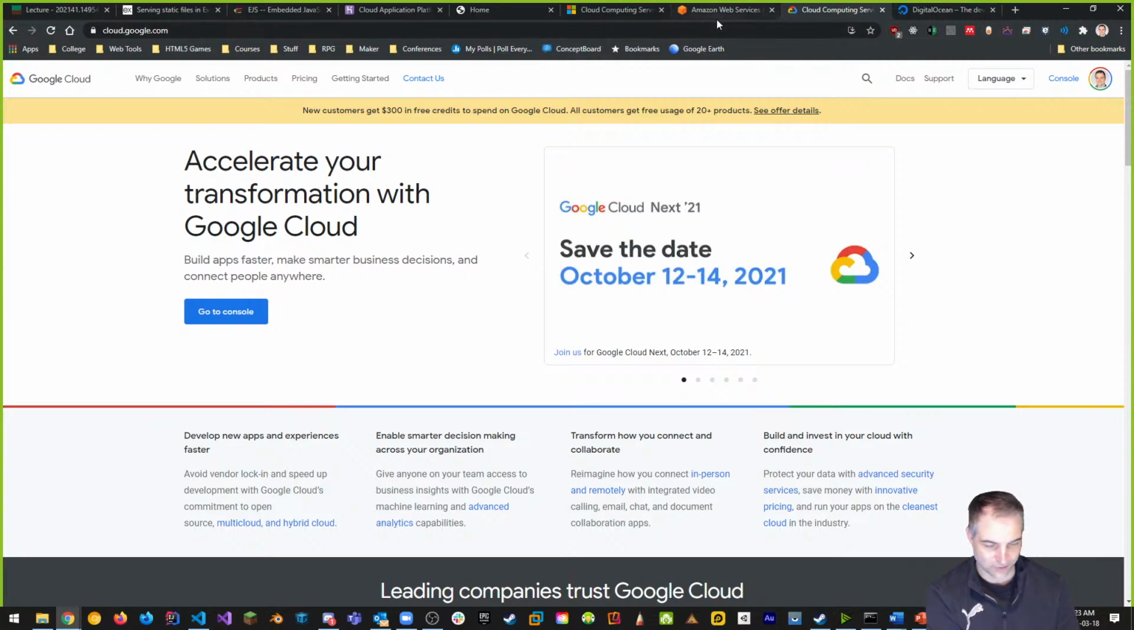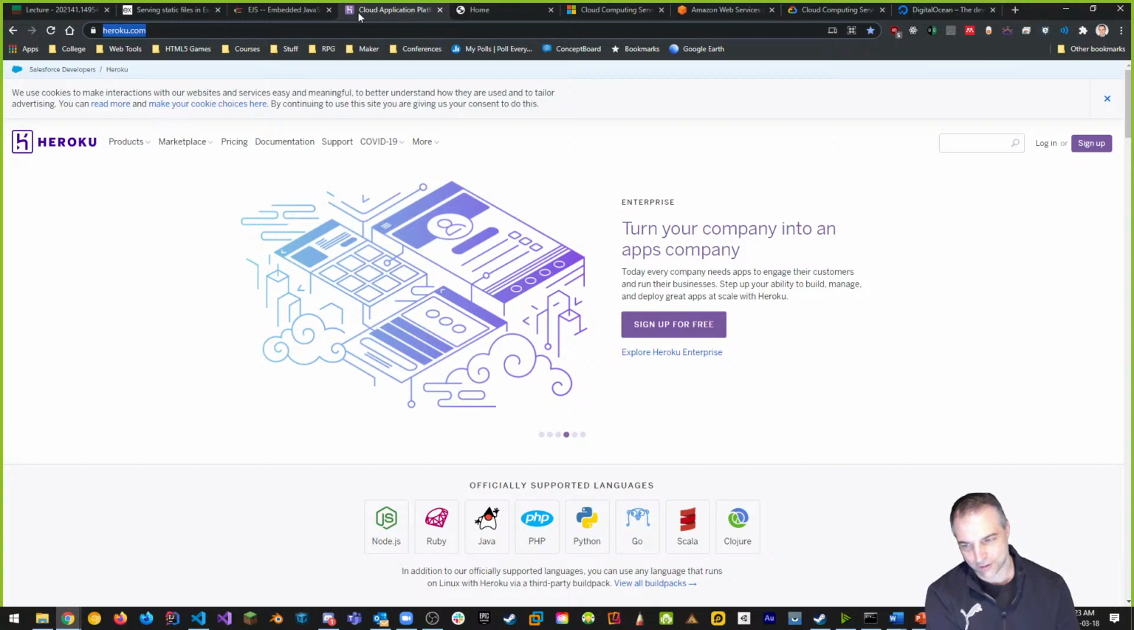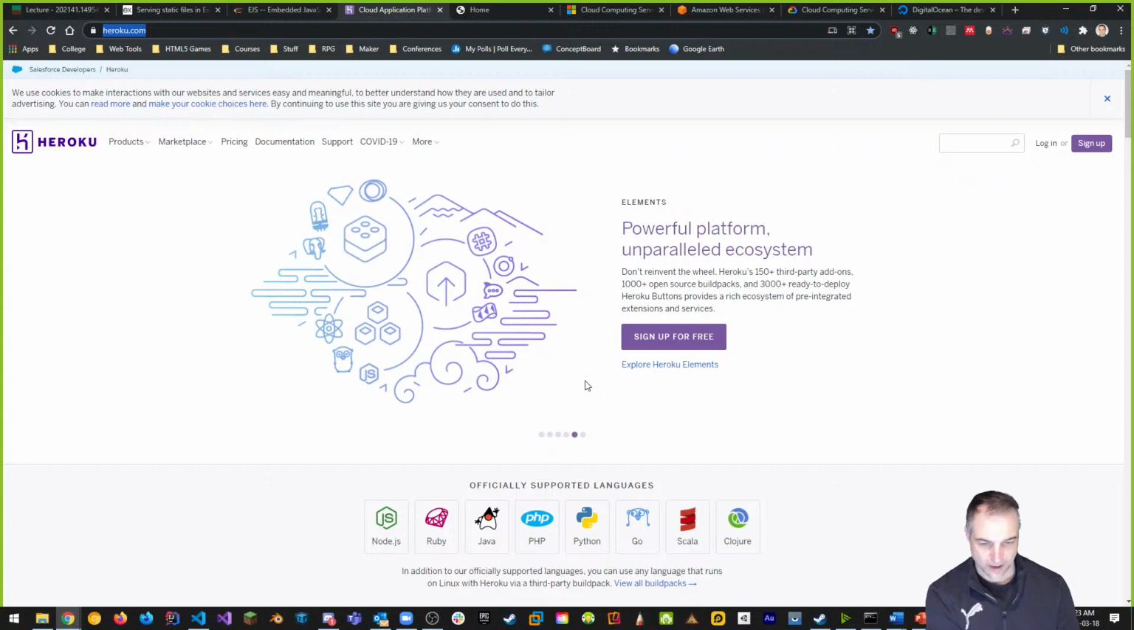There's some free credits you can do with Amazon and Google and even DigitalOcean. I want you guys to try Heroku. Heroku is free to start up with. You can sign up for free, and it allows you to use a cloud service similar to what we do with